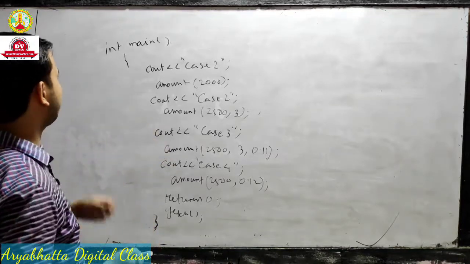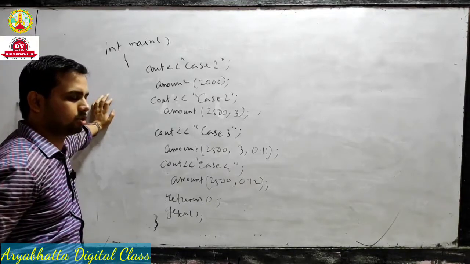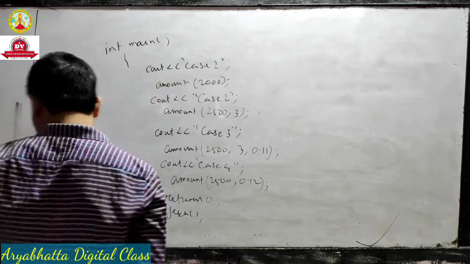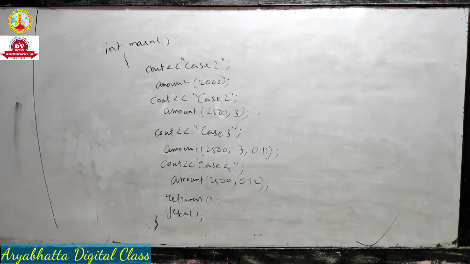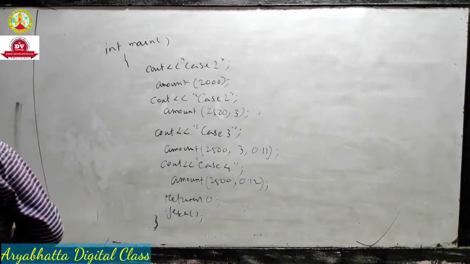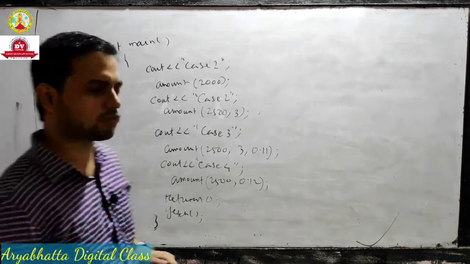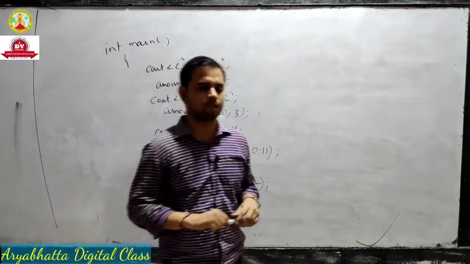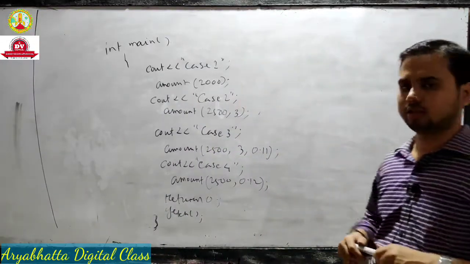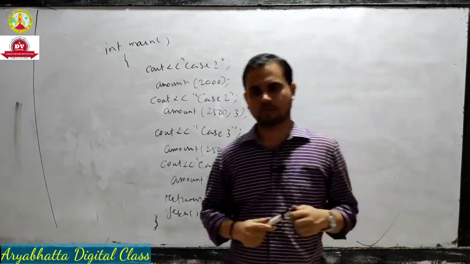Okay, see, I already erased the earlier portion, meaning the function definitions. What function did we define? Void amount. Two functions we define, with the same name. One uses default arguments, float principal. Actually this program is not directly function overloading. This program is for default argument. There are two programs, one for default argument and one for function overloading. Today we discuss the default argument program. In the next class we discuss the function overloading program, and the chapter will end in the next class.